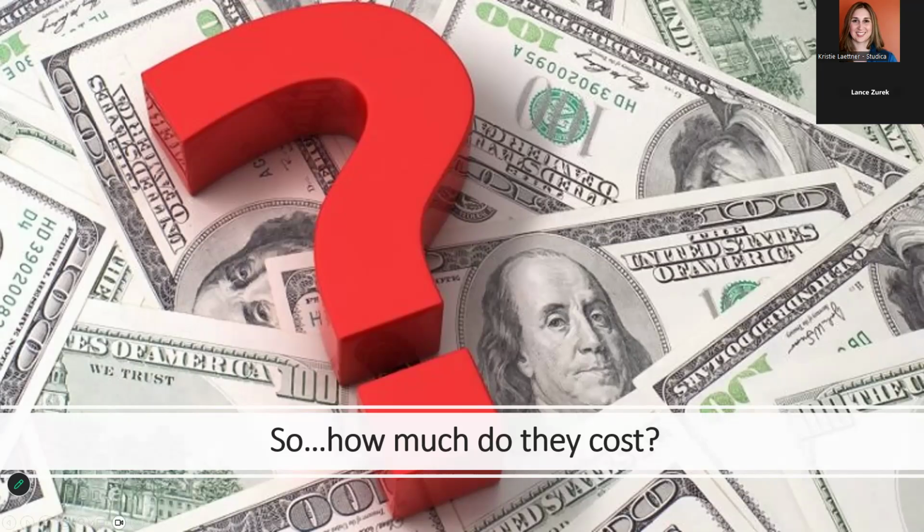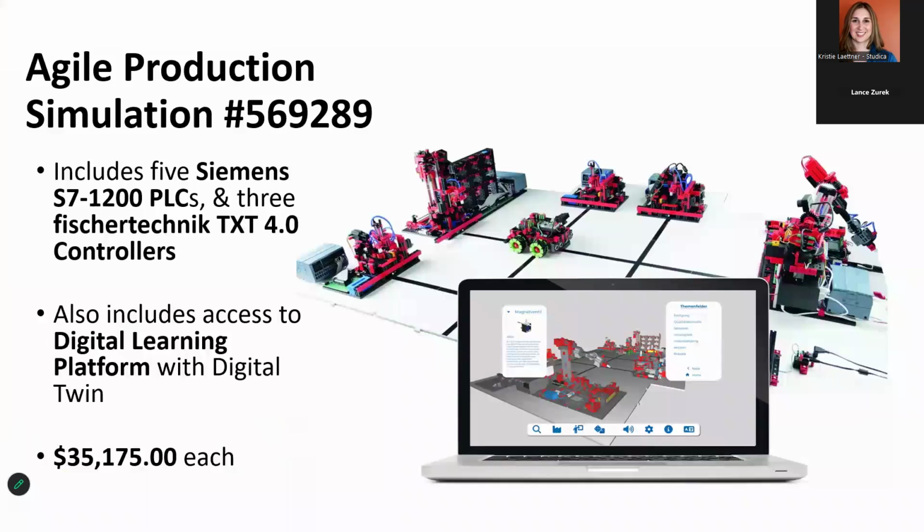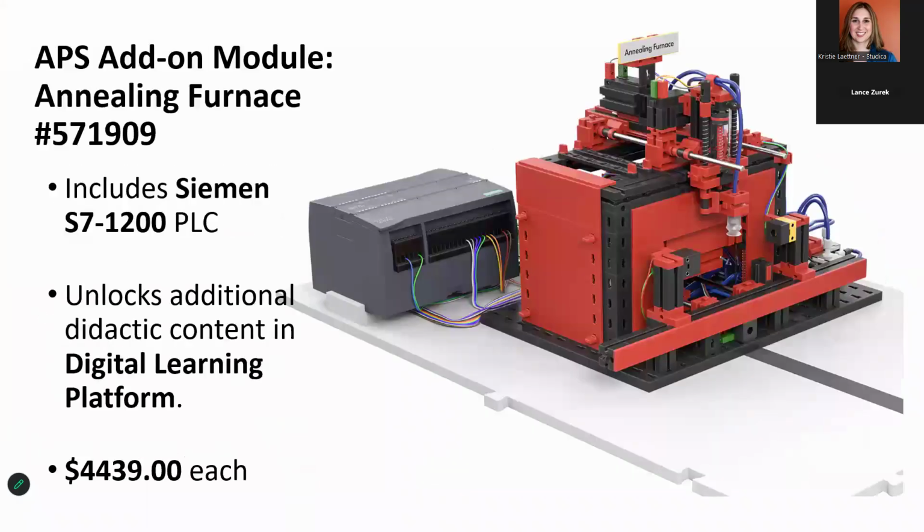Okay, the Agile Production Simulation, which again includes the 5 Siemens S7 1200 PLCs and 3 fischertechnik TXT 4.0 controllers, as well as access to the digital learning platform with the digital twin. The cost for the APS is $35,175. The APS add-on module, the annealing furnace, which again includes its own Siemens S7 1200 PLC, and of course unlocks additional didactic content in the digital learning platform. The cost for this model is